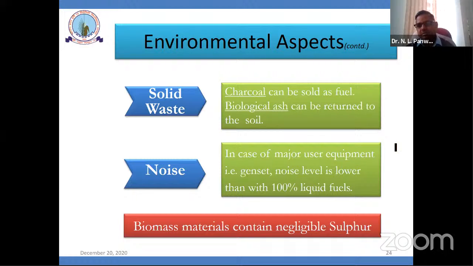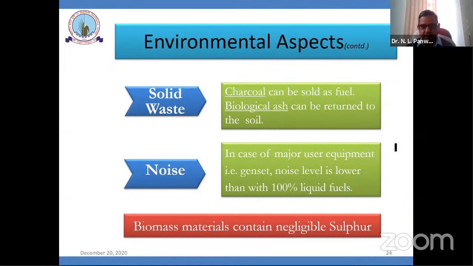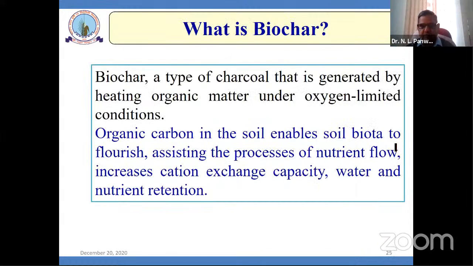So no SOx emission, no sulfur content in the biomass. So through this, as we see in this one, we are getting the charcoal and things. This is simple: either you convert this through a physical process. So through a physical process, you can convert